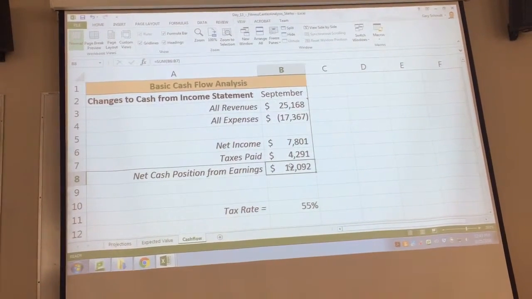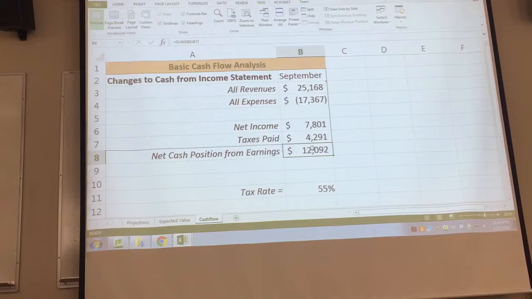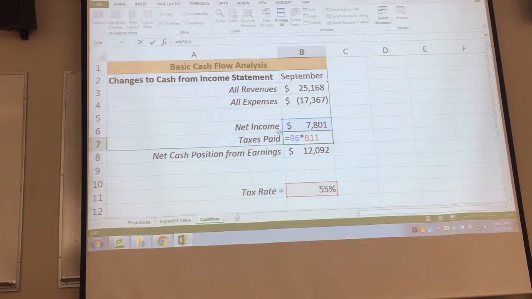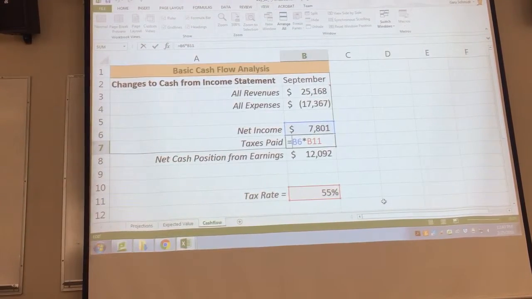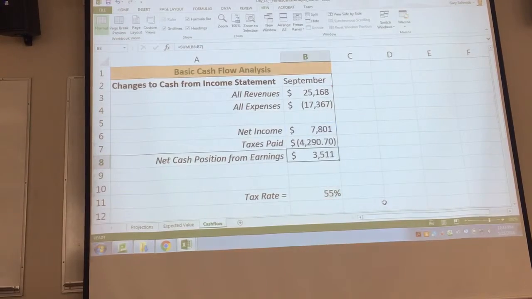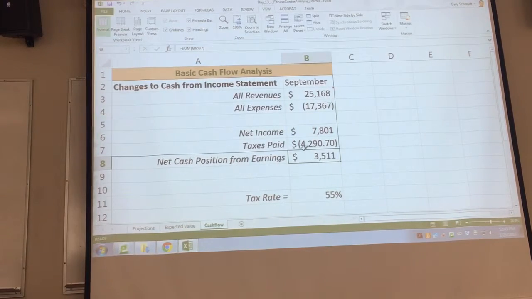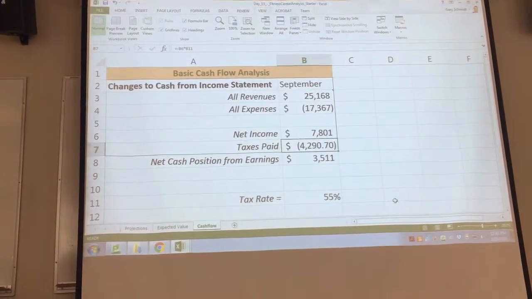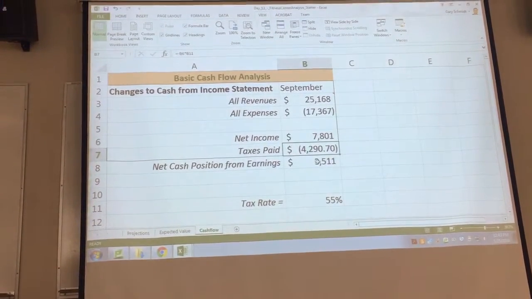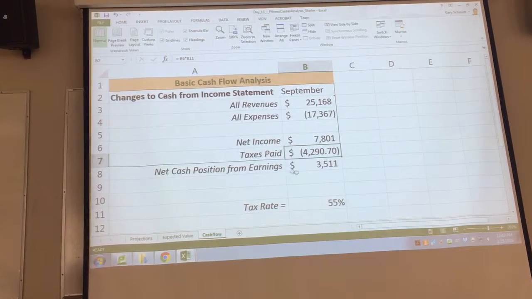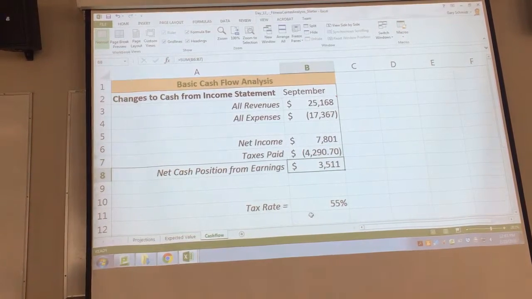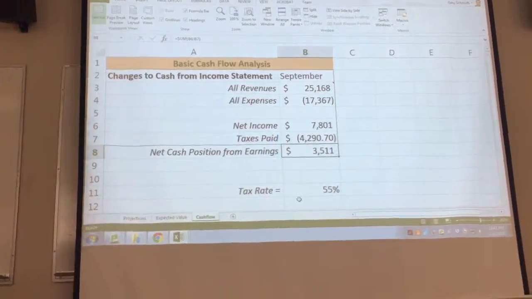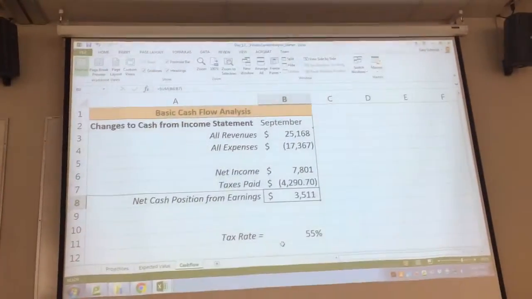And then my net cash position is, oops, wrong. What do I do with my taxes? Make it a negative, right? Does that look right? I probably could summarize that, round it off, but well, just leave it the way it is. And we're done. So you have 12